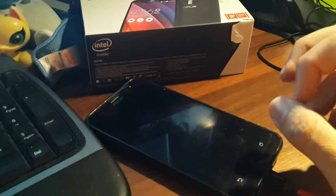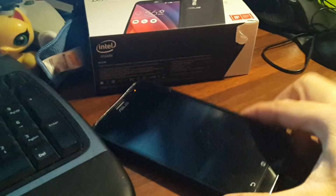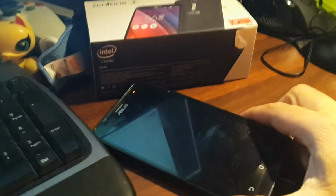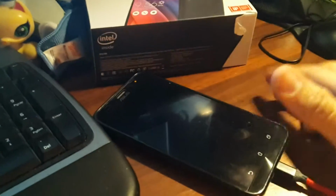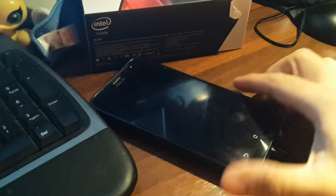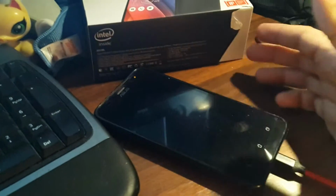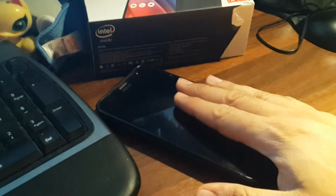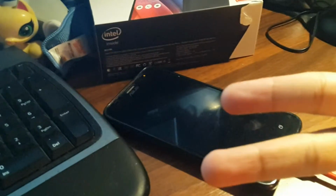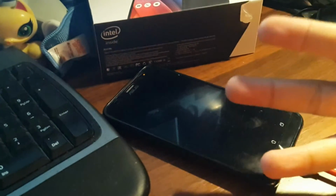RMA was good for like 2 months, so there was no problem with that there. The only problem is it eventually came back, and I was so happy about that. So I was upset the first time, of course, like so many people would be. But then I got the phone back, and then I was so happy. I used it, put all my stuff in it, and then I normally would go to the gym with my S4, and I'm pretty...